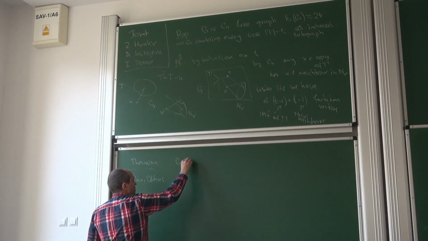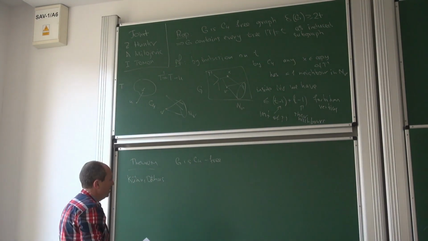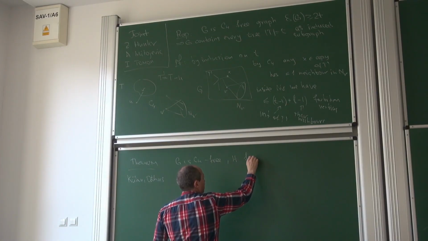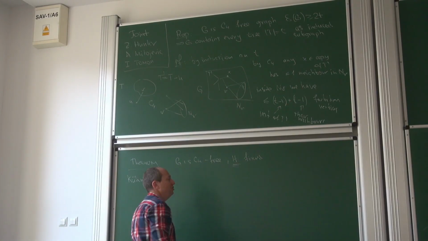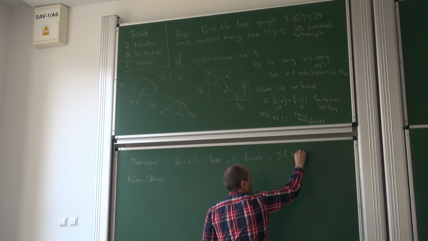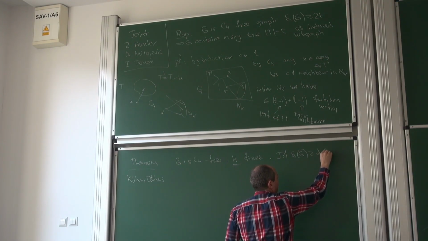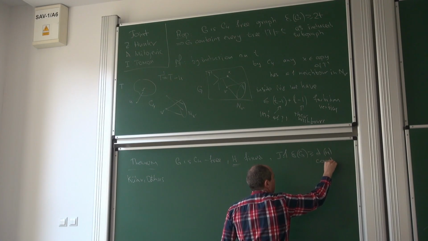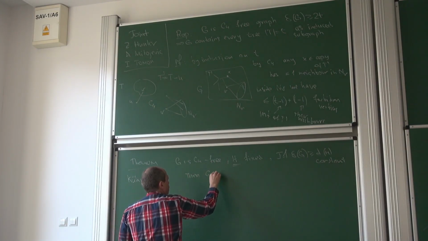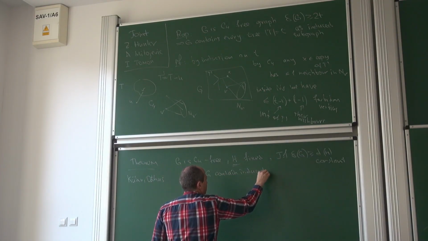So if G is C4-free, and H is some fixed graph, you pick your favorite graph H. If the minimal degree of G is bigger than some constant which depends on H, then G contains an induced subdivision